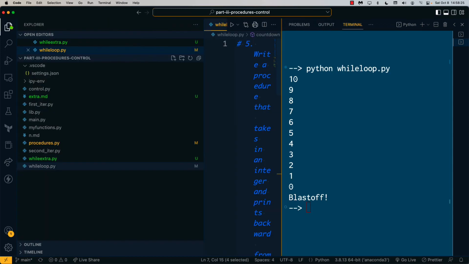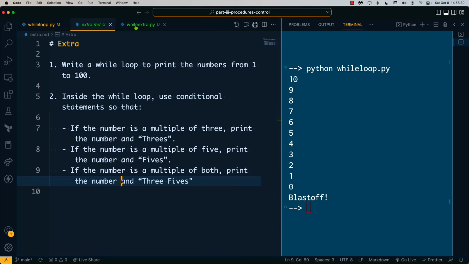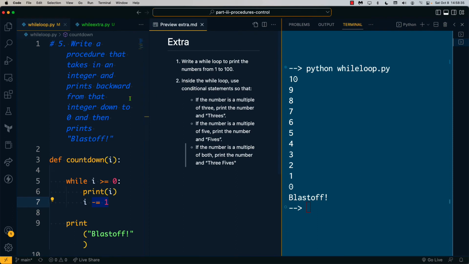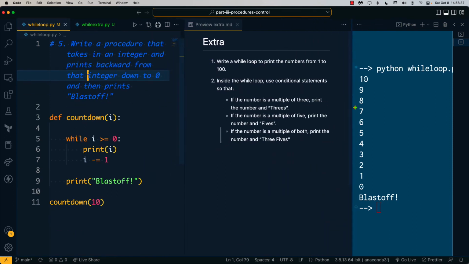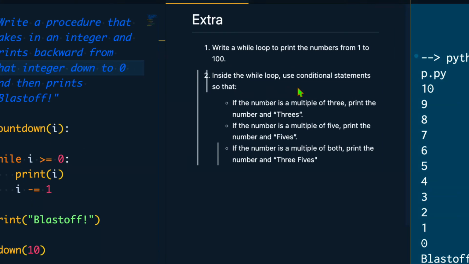Let me see if I have. I don't want to run the Python. So let me close that. So here, just to take a look at it, write a while loop to print the numbers from 1 to 100. Now, inside the while loop, use conditional statements so that, let me read that, so that if the number is